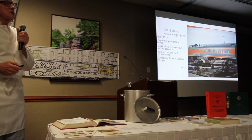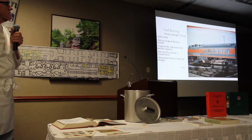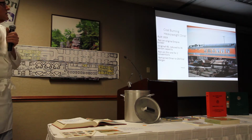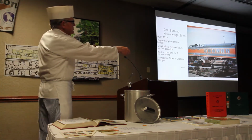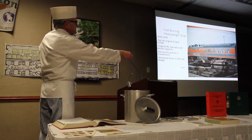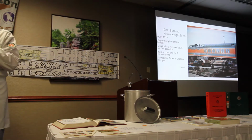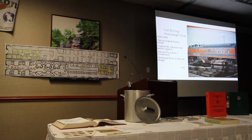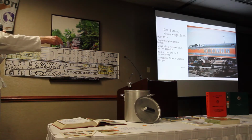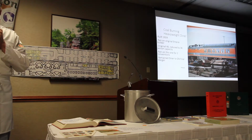Then we go to the coal burner. This particular car, if you look right over here, you can see the tracks. This was on tracks, just happened to be piled next to some railroad ties here. So this car was active. That's a photograph from, I think, 1967 or something like that. But you look at this, the kind of windows that they've got, they're narrow, but they're not round. So this is one of the early ones that had the chimneys somewhat hidden. And this is the